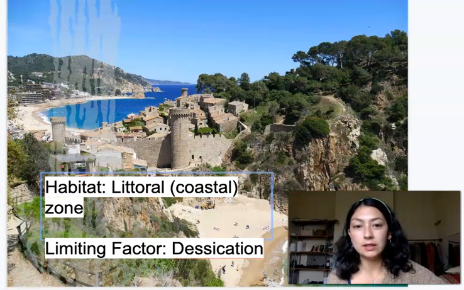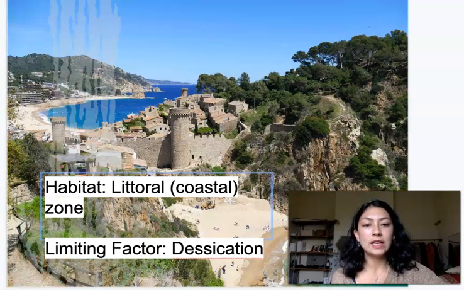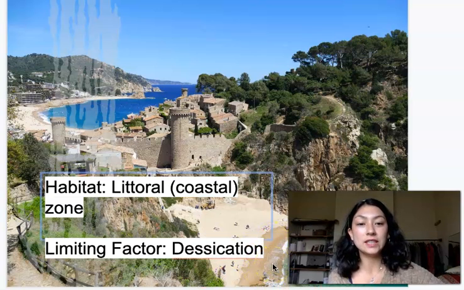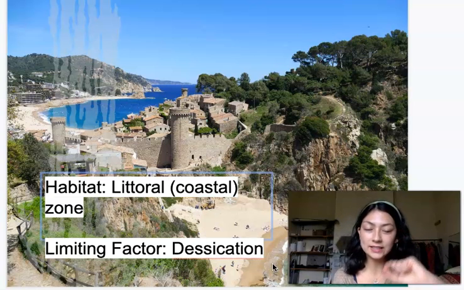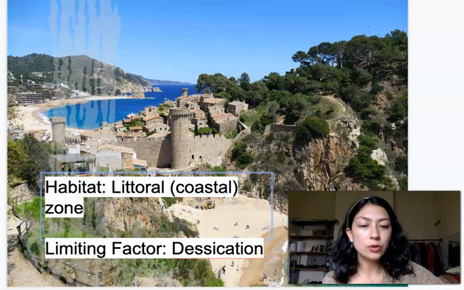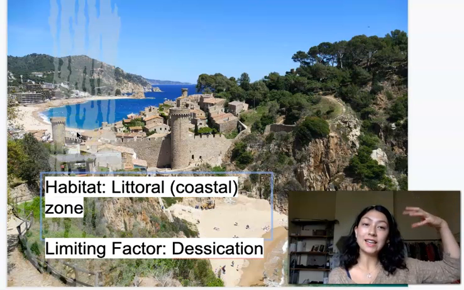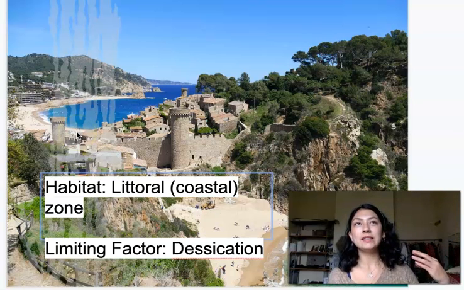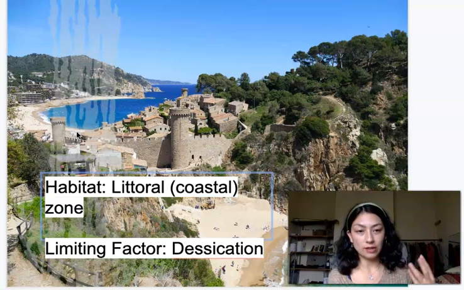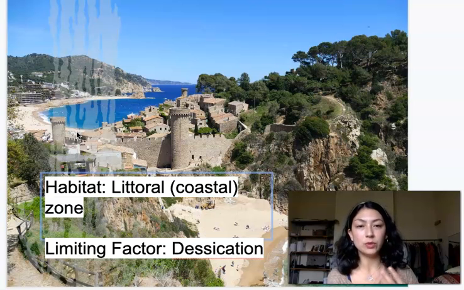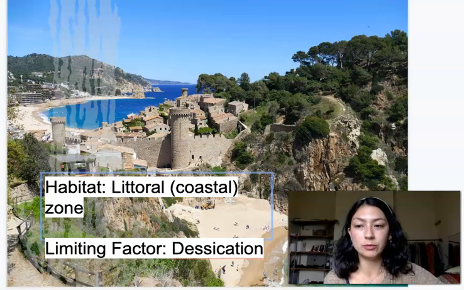Let's look at a littoral or coastal zone. So that is shallow water. The factor here would be desiccation, so desiccation being drying out. Remember those chip sachets? Because look, if you're a marine creature, that is a water-dwelling creature in here, you still have a huge exposure to sunlight and UV. So that means you're more likely to dry out. So there's got to be certain behaviors that you do to avoid desiccation, to make sure that you stay moist as a marine creature.